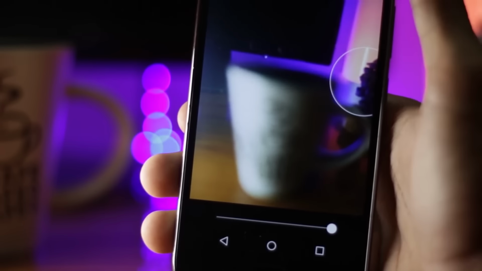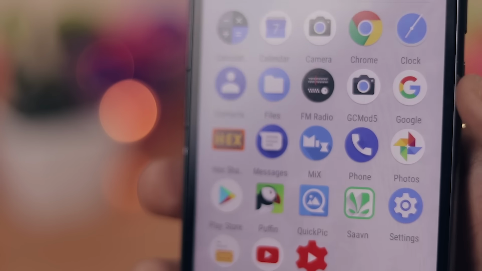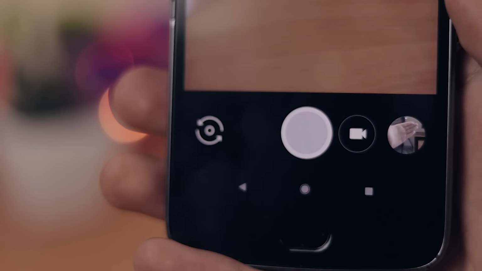Now here's the awesome part: the actual algorithm and the camera app that was used on the Pixel 2 to create the background blur, the portrait mode itself, can now be installed on many phones running Android Oreo. And let me give you one spoiler: it can also run on a lot of single camera smartphones, and the results will definitely surprise you.